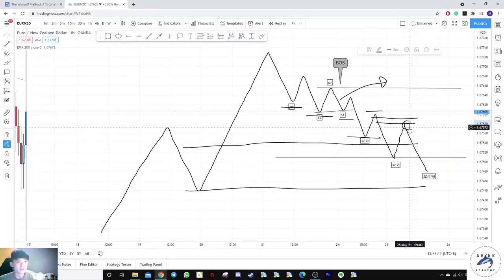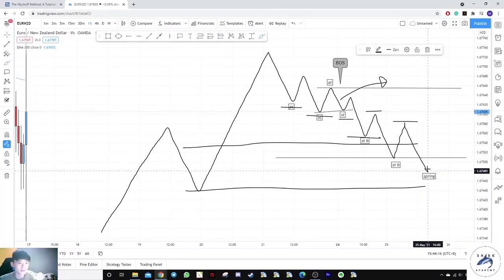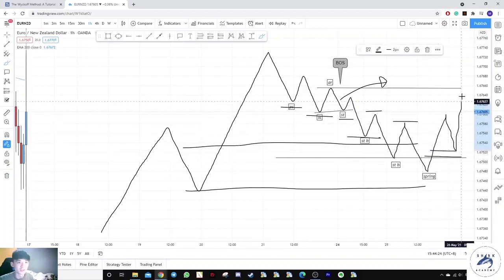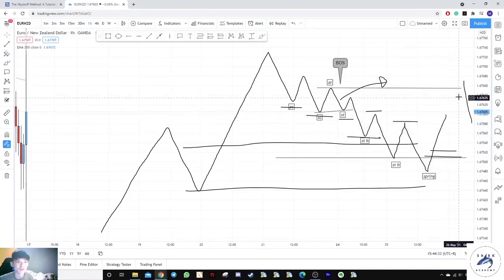So similarly, if it managed to break this high over here, we can wait for a pullback into an order block for aggressive entry, or in a similar fashion, wait for the first move and a secondary move to break this automatic rally over here, or the AR, correct? And then wait for a pullback into this level. So this is typically how you trade Wyckoff.